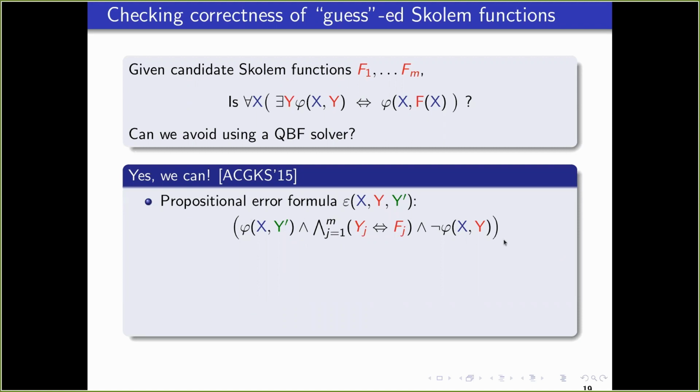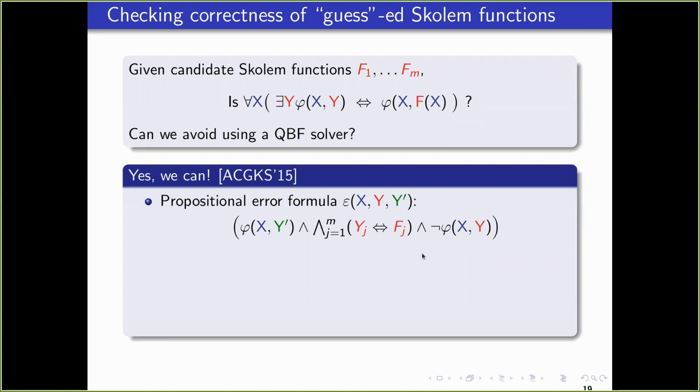So what does this propositional formula say? It says that for the given x, there is a way to satisfy the specification, but if you set the y's as the proposed candidate Skolem functions, then the specification gets falsified, right? So for the given x, it is indeed possible to find y's which satisfy the specification, but if you set the y's to the proposed functions, then it doesn't satisfy the specification.